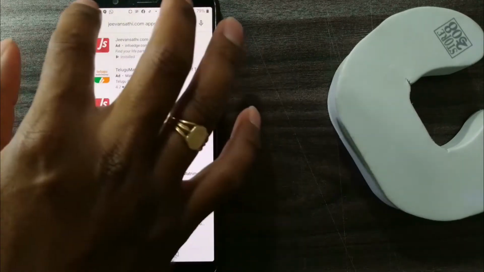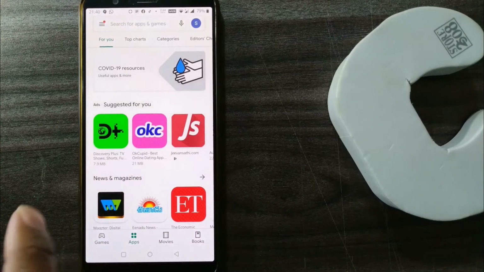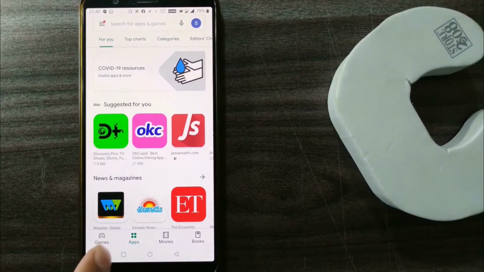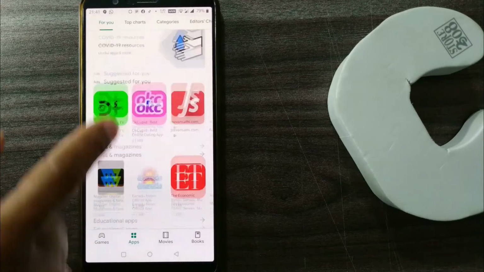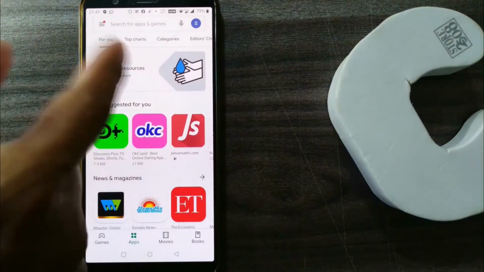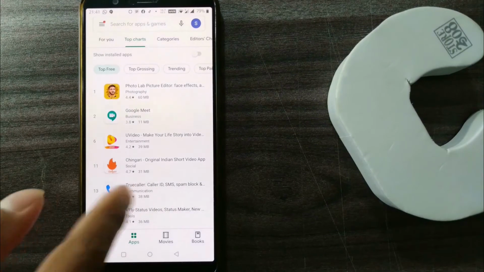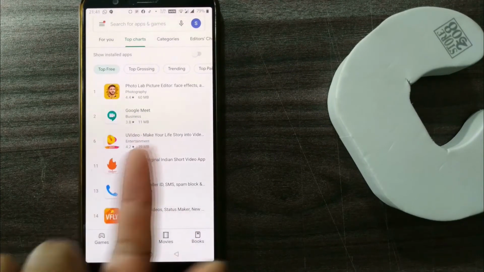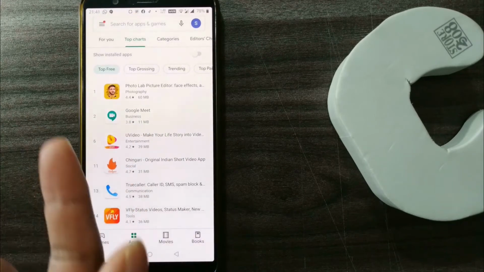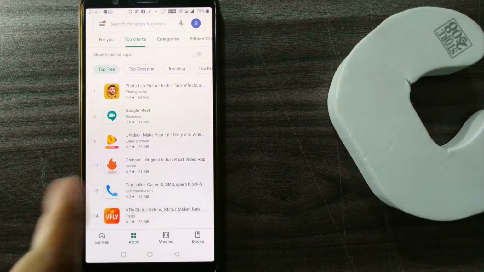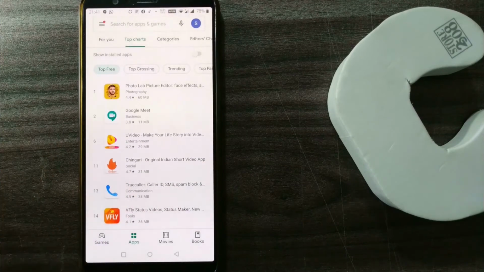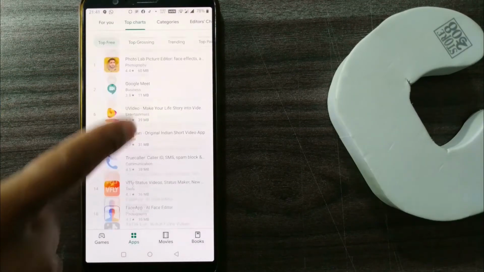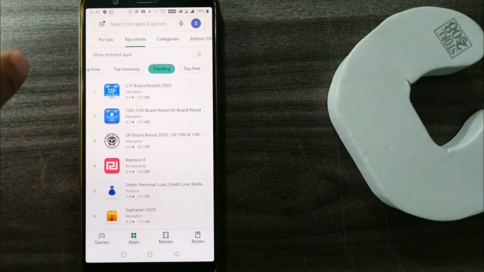There are 2 to 3 ways to search for an app also. In the bottom side, you can see that according to categories, games, apps, movies, books, all these things are coming up. Also, some icons are coming like top charts, top free apps. You can see there's something called paid app as well as free app. For paid app, it will redirect you to some payment portal so that you can pay and get that app. Or else you can try your free version as well. Top free apps, top grossing, trending apps, top paid apps.